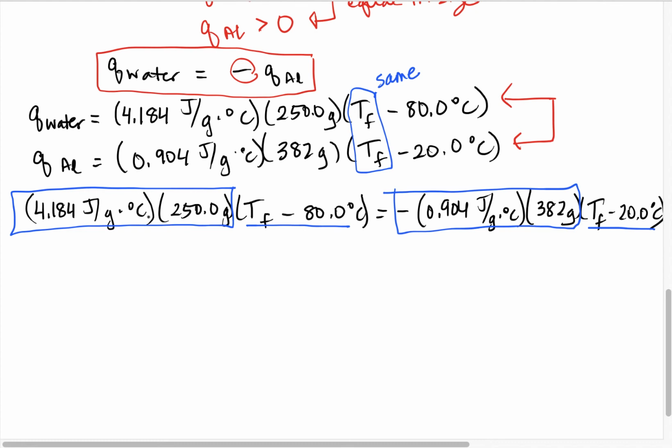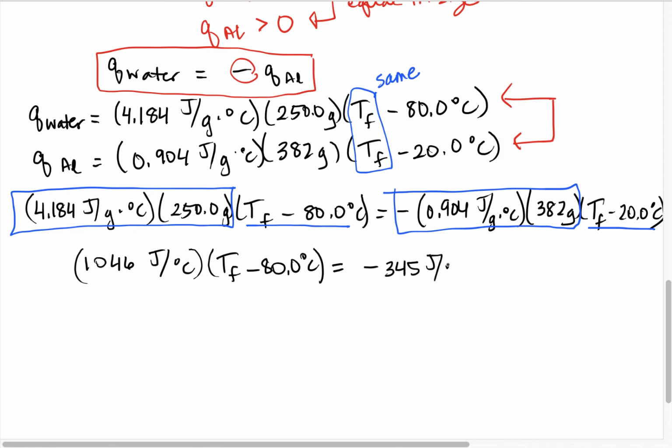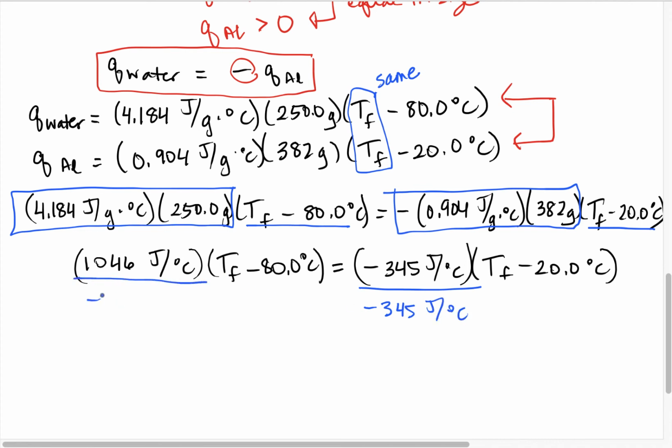Okay, so when I multiplied these two together, I got 1046. My leftover units are joules per degree Celsius. And then my TF minus 80 degrees doesn't change. On the right-hand side, this is minus 345 joules per degree Celsius, still multiplied by TF minus 20. Now, we have to keep these guys inside the parentheses together, but we can divide out. And I'm dividing out the smaller number because I don't like fractions. It will turn out the same way